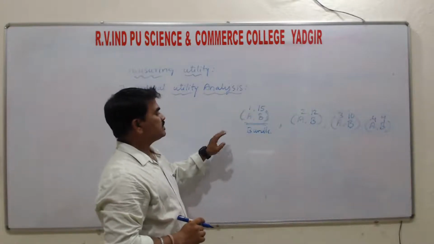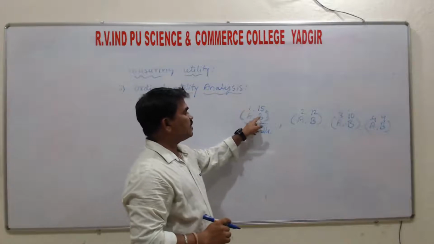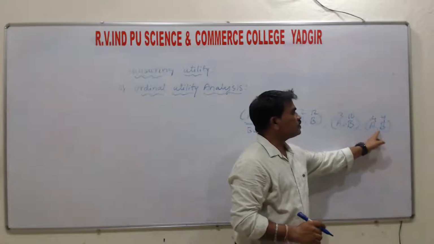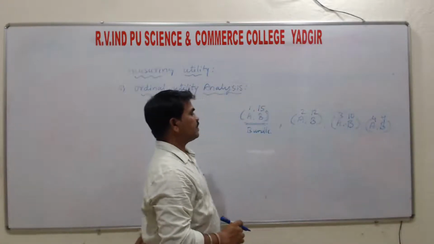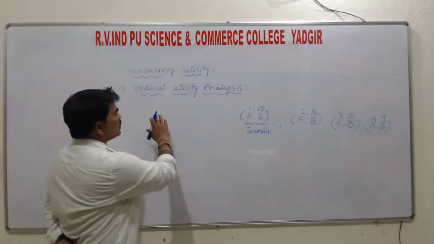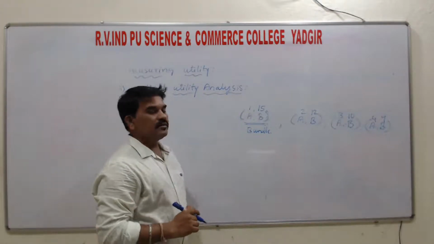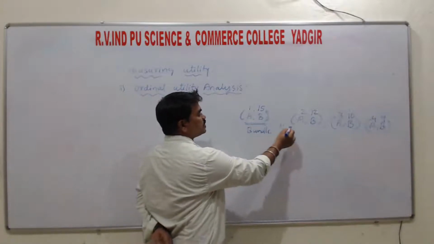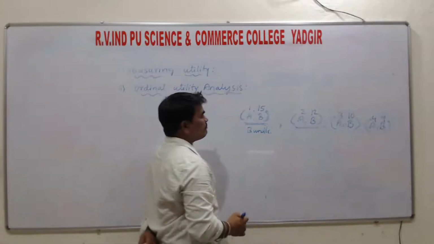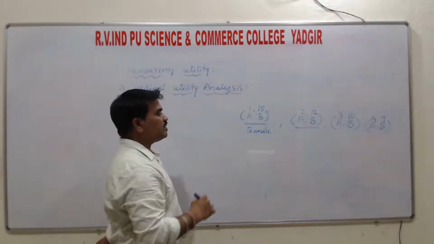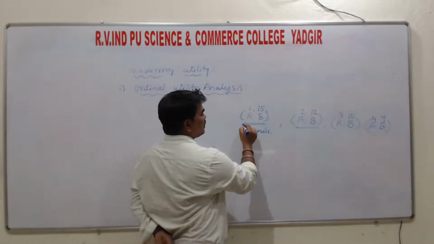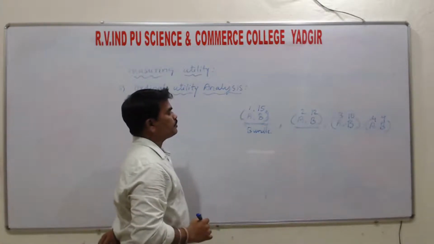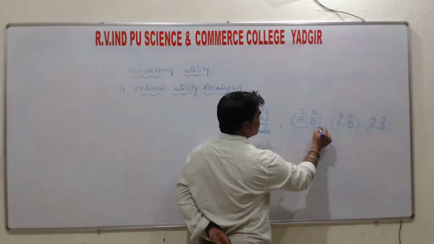These are different bundles. So here 1 apple, 15 bananas, 2 apples, 12 bananas, 3 apples, 10 bananas, and the 4th, 4 apples with 9 bananas. So in the ordinal approach, we can say the consumer can rank his satisfaction when he consumes these bundles. So he can rank between the bundles. So when he consumes this set of goods, and if he consumes this set of goods,